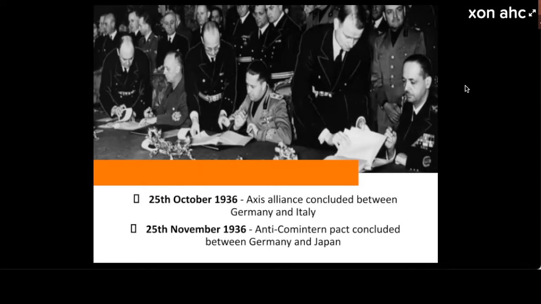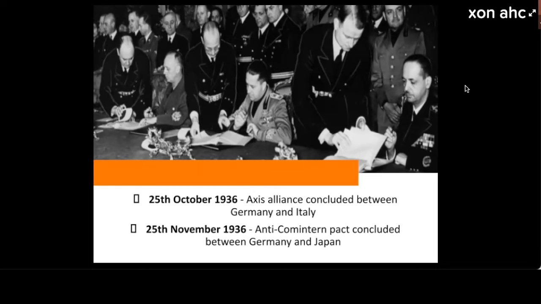Number one, Japan and Germany are against communism. They make a promise to try and slow the spread of communism from specifically Russia. Okay, so they agree to slow down communism, but they also agree on who gets what continent. Japan gets what? Asia, and Germany gets Europe. Okay, so the Nazi Party and the Japanese Empire side up together, and they are going to form what's known